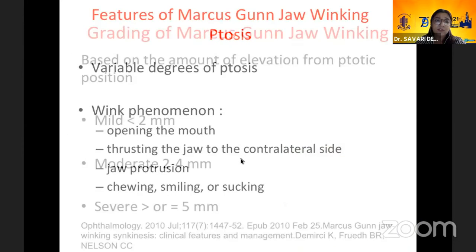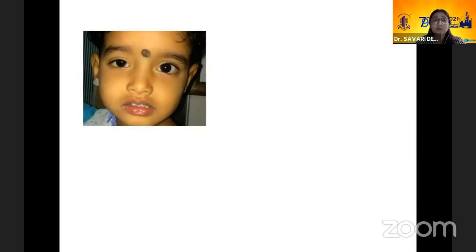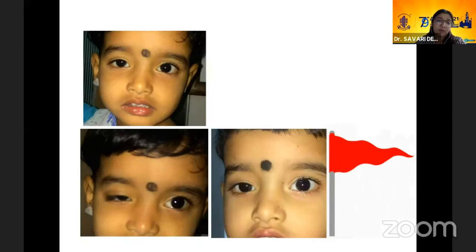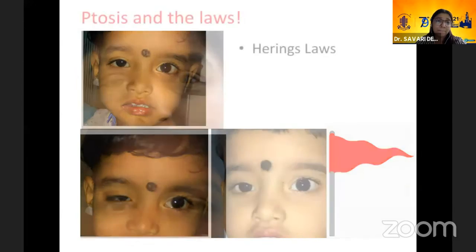Coming to this last patient. So here is a girl. The parents were very happy because while they had noticed something, they felt that most of the times she looked symmetrical. But then we found that she often dropped her lid, which led to meridional amblyopia because of a refractive error. So in synkinetic ptosis, it is important to notice the time and the amount that they are able to hold the eyelid up, because otherwise it can lead to lazy eye or amblyopia. So this is her post correction with a sling.